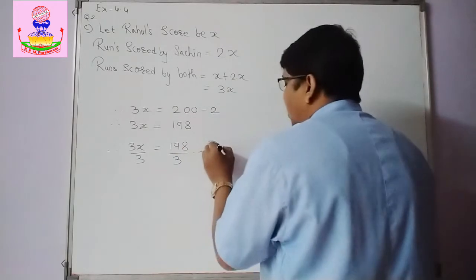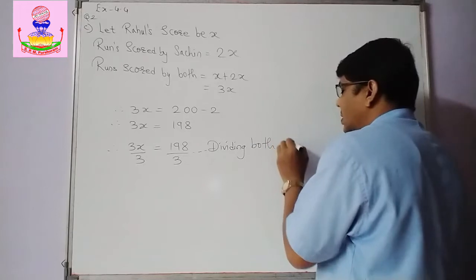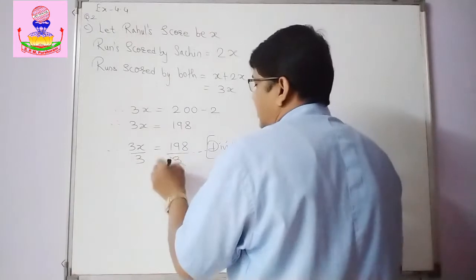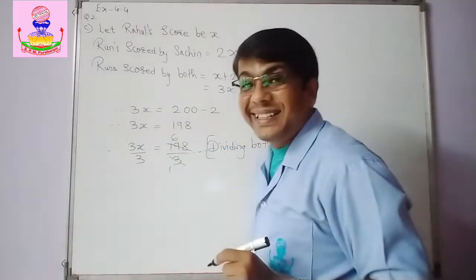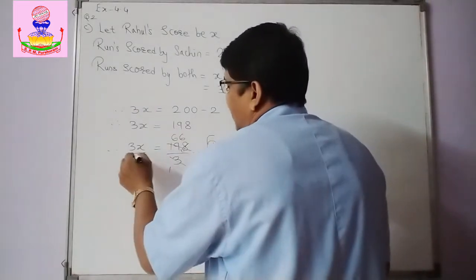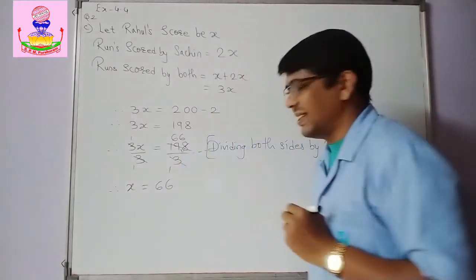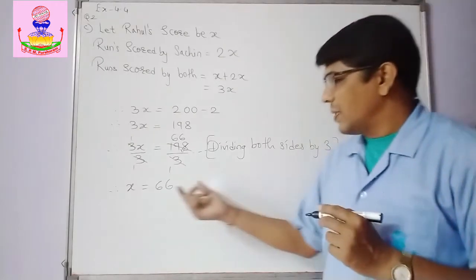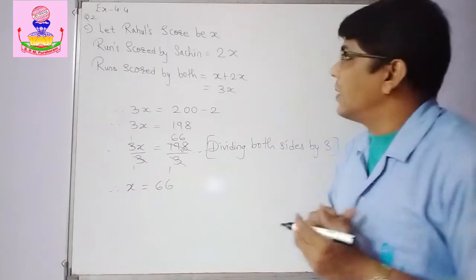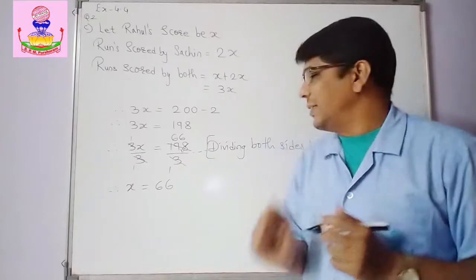What do you do? Dividing both sides by 3. Okay. So 3 ones are 3, 3 sixes are 18. Remainder 1. 3 sixes are 18. Now here 3 ones are 3. Therefore x is equal to 66. So runs scored by Rahul are 66. Runs scored by Sachin, we have to find each one's score. Okay. So runs scored by Sachin is 2x. So 2 into 66. Right. Therefore